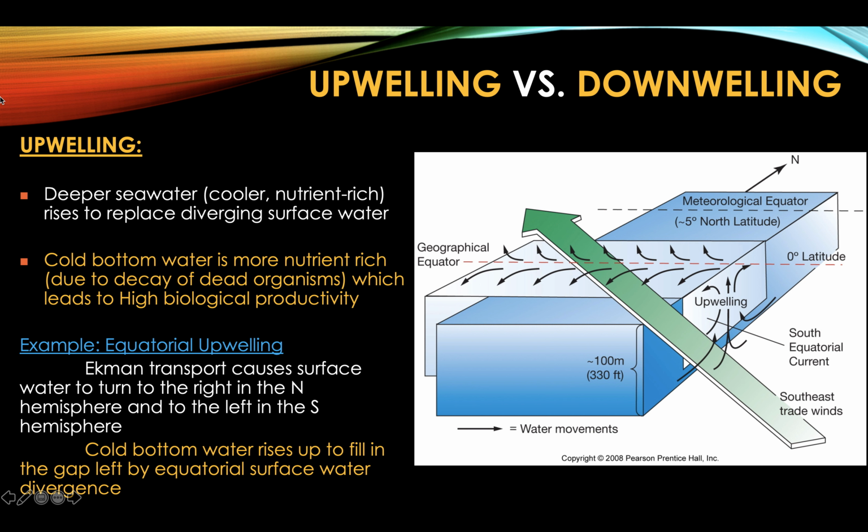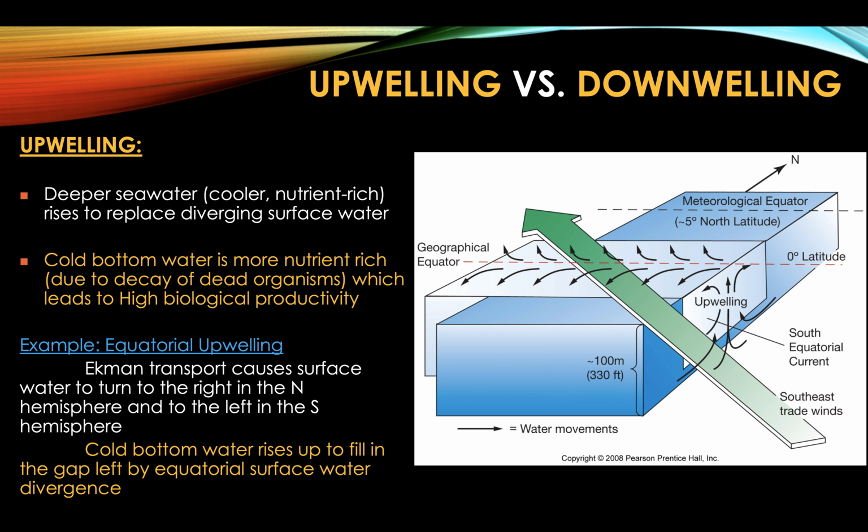So we also have to discuss movements that are not horizontal. In the ocean, we also get two types of movement called upwelling and downwelling. Upwelling is where you have seawater that comes from depth. It's usually colder and nutrient rich, and it rises up to basically fill in the space and replace the diverging surface water. And the cold bottom water is more nutrient rich because it's sweeping up all the dead